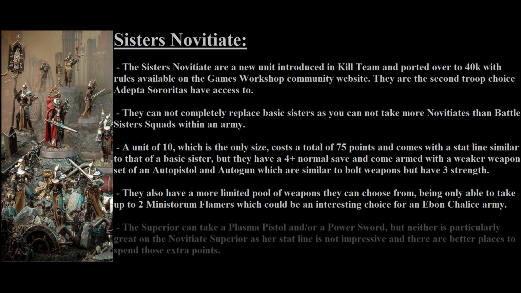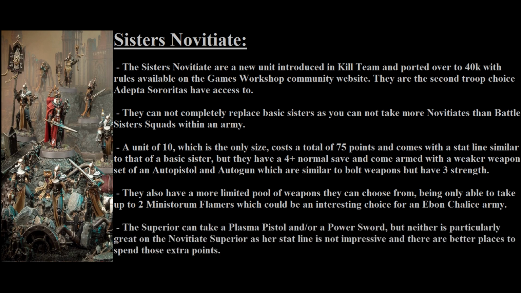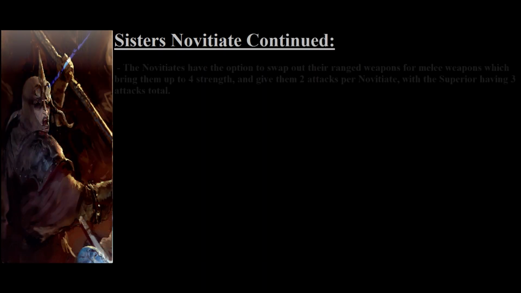desire. The superior of the squad can also be given a plasma pistol or a power sword for 5 points each, but it probably isn't the best idea unless you just have some points to burn, in which case I'd probably just give some more special gear to the basic sister squad if I'm going that far to burn some points. There's one other very important weapon that any novitiate can take in place of their autogun at no additional